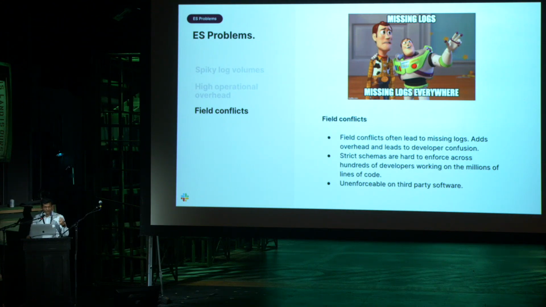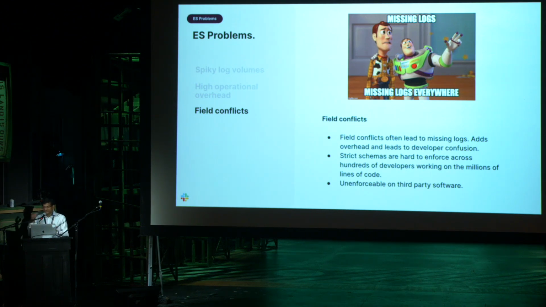So we used to get a lot of on-call overhead too. People used to say, hey, I'm writing these logs, why can't I see them? And often it turns out to be an issue because of field conflicts. So we did a bunch of work to institute strict schemas in the logs we produce from our applications. With strict schemas, you set the type of the field when you produce it. It's basically a logging library that also ensures that the fields are of a certain type.